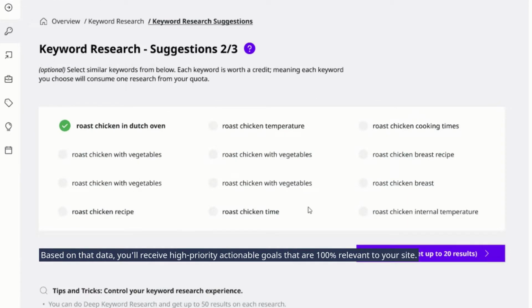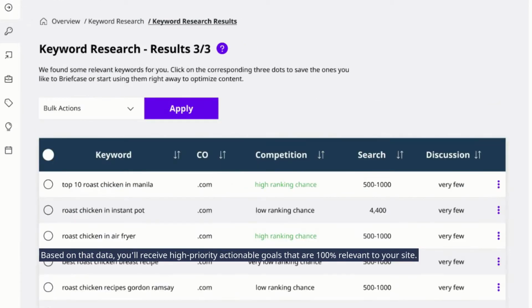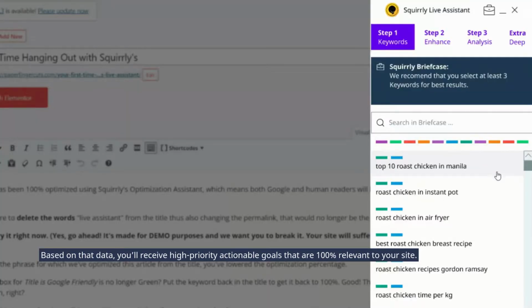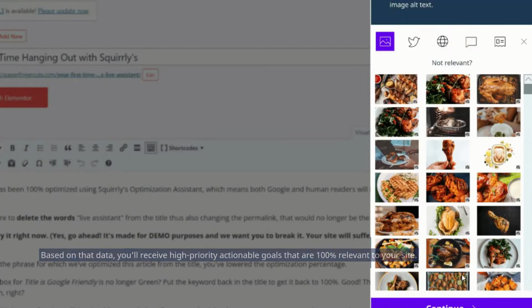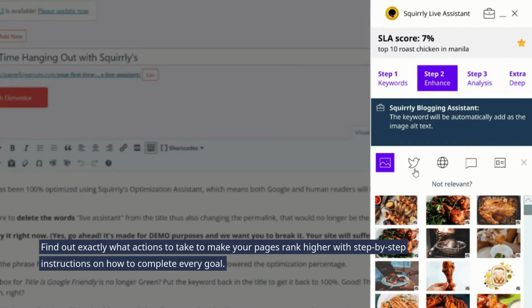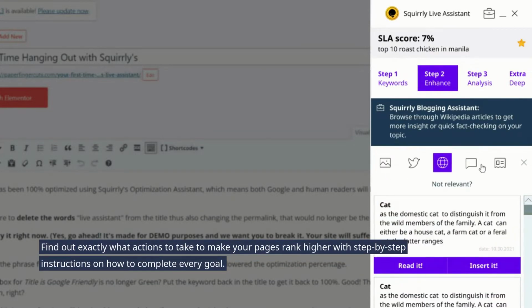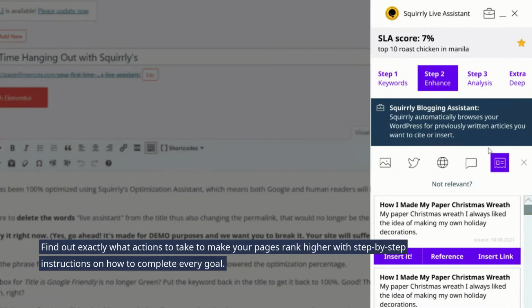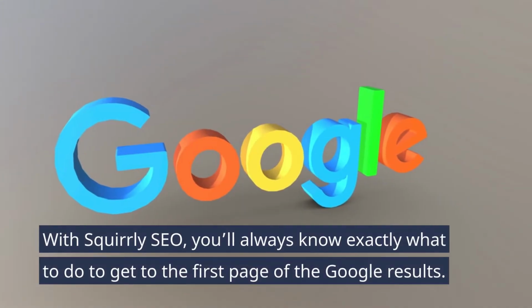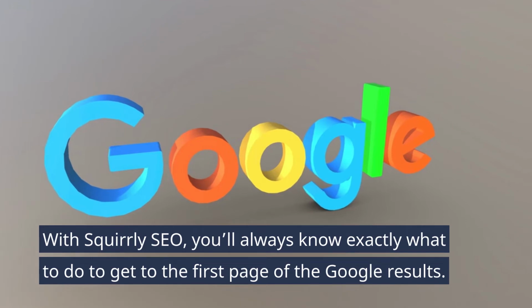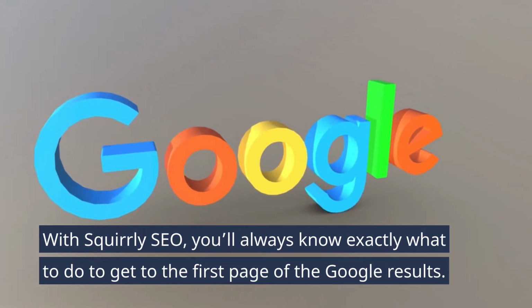Based on that data, you'll receive high-priority actionable goals that are 100% relevant to your site. Find out exactly what actions to take to make your pages rank higher with step-by-step instructions on how to complete every goal. With Squirrly SEO, you'll always know exactly what to do to get to the first page of the